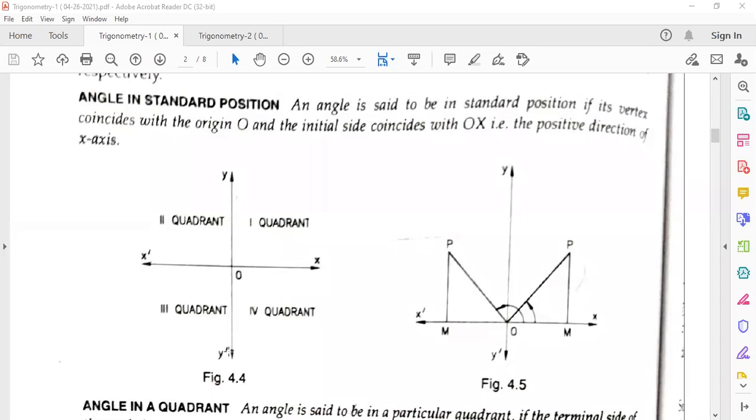But on the y-axis, all the purely complex numbers are situated, that's why the y-axis is also called the imaginary axis. Do you have any idea about the complex number a plus ib form? I think you have already been taught it in your algebra. Complex number z equals a plus ib, where a, b are real, i means root over minus 1, isn't it? Have you done it, na? Yes, sir.